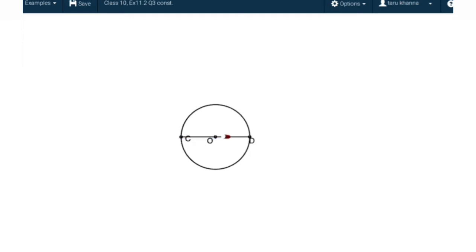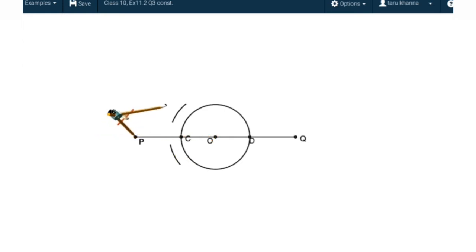Then we will take 2 points P and Q respectively at a distance of 7 centimeter from the center. So I have marked point P such that OP is equal to 7 centimeter. Similarly, on the other side of the diameter, on extending it in direction CD, we have point Q, which is at a distance of 7 centimeter such that OQ is equal to 7 centimeter. So now we are supposed to draw a pair of tangents from point P to the circle and a pair of tangents from point Q to the circle.